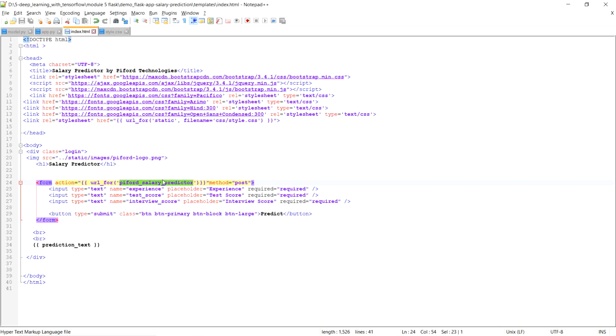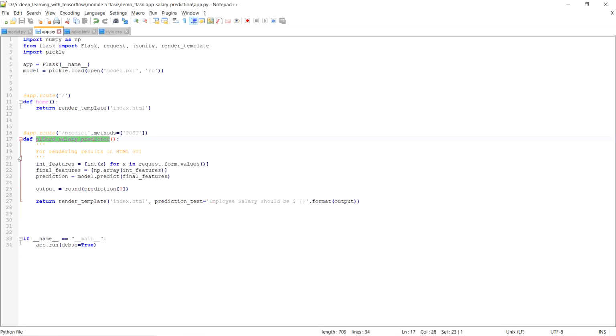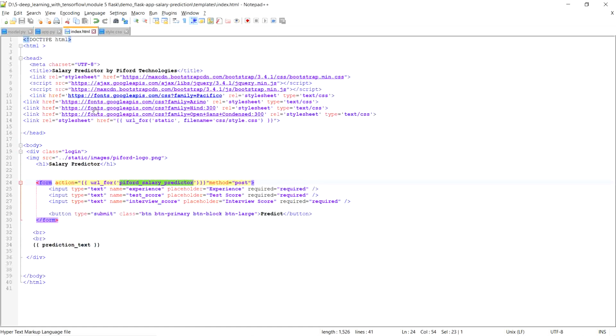I'll explain what is in this function. But what I'm telling you right now is that under form action, we need to write the name of the function which we created in the app.py file. You need to write the function name over here, whichever function you want to execute on the button click, right?